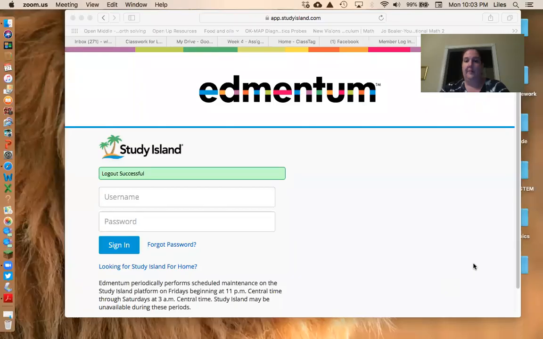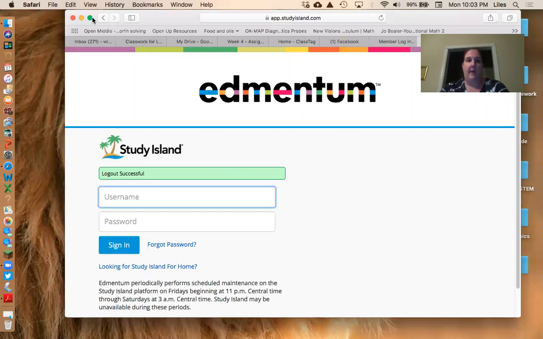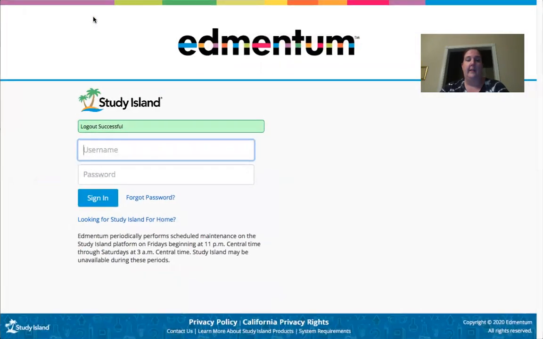The instructions for how to log into Study Island are in your Math Google Classroom. They're also on the assignment list that your teacher sent on ClassTag. So I'm going to screen share my Study Island and walk you through how to log in. All right, so when you click on the link that's in your Math Google Classroom, this is what it will